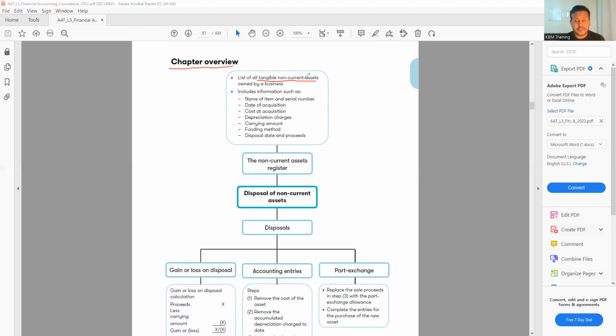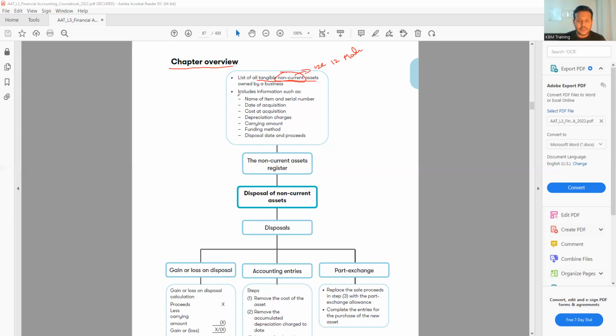On the other hand, we have some intangible assets as well, for example goodwill, patent, copyright, software. This sort of asset, we either cannot see or cannot touch, so it is called an intangible asset. And non-current asset means the fixed asset. Non-current asset means the asset we use for at least 12 months. So if we use any asset for at least 12 months, we call it a non-current asset.